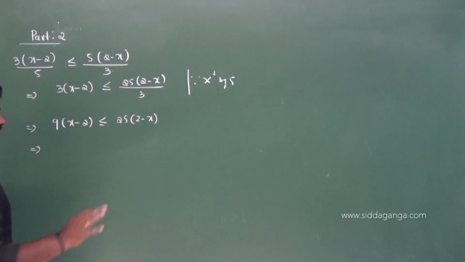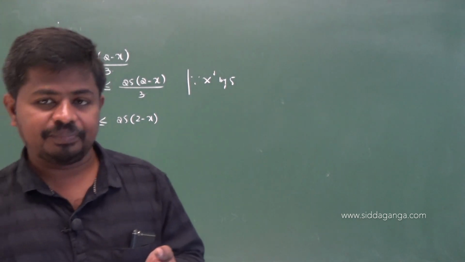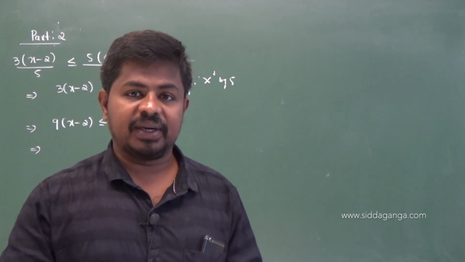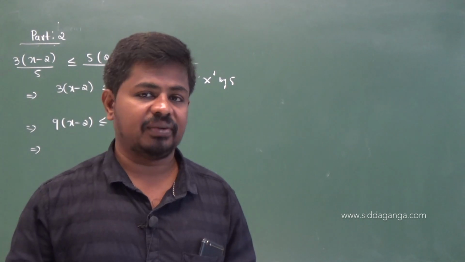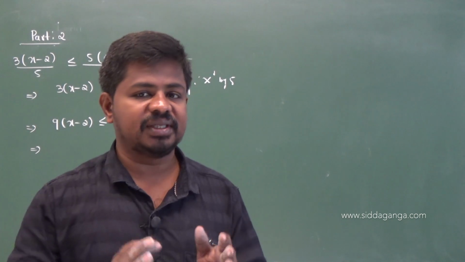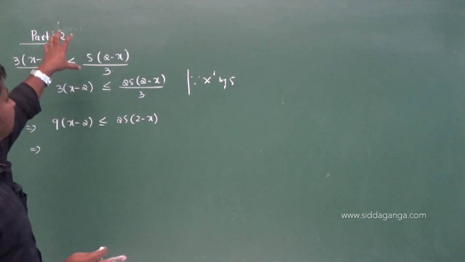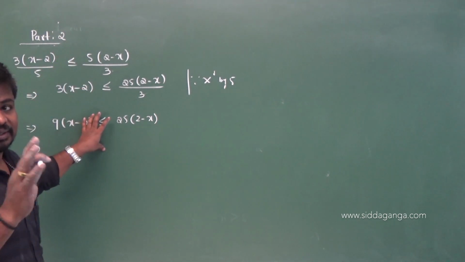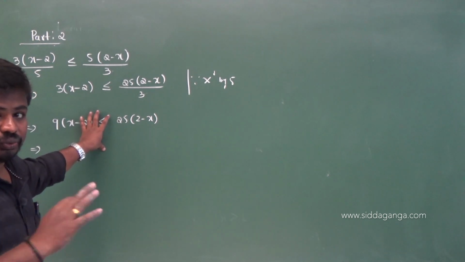Just make x single, that's it. The thing is, by using the 4 rules, same number can be added, same number can be subtracted, multiplied, divided, and also the rules: when you multiply by a negative number, inequality is reversed. When divided by a negative number, again inequality is reversed. By using the rules, make x single, that's it. From this given inequality, make x single. That's the main thing you are going to learn here. I mean, you have to do here.